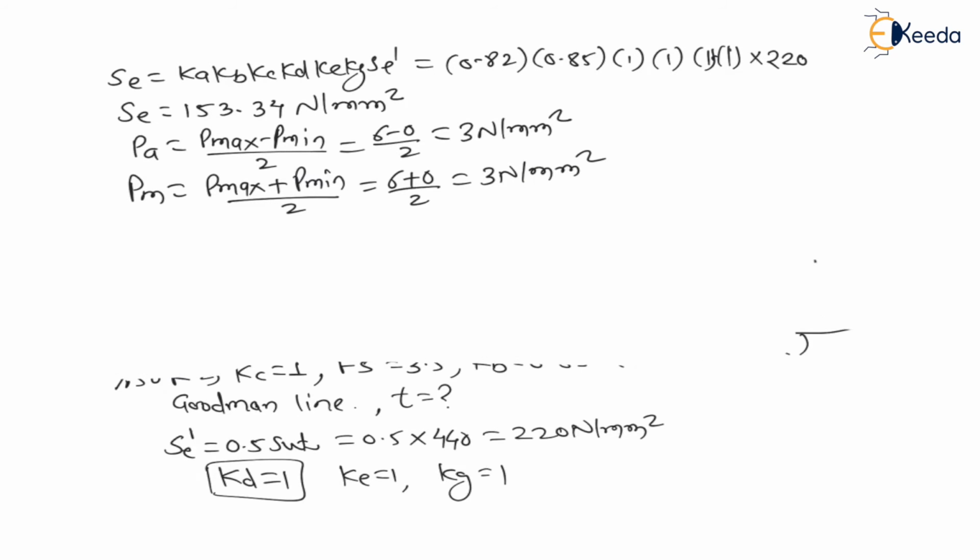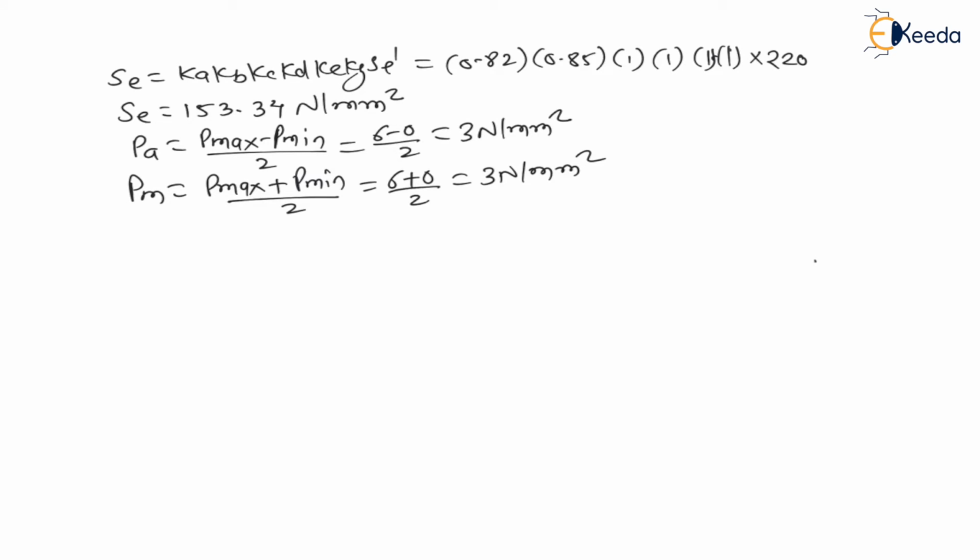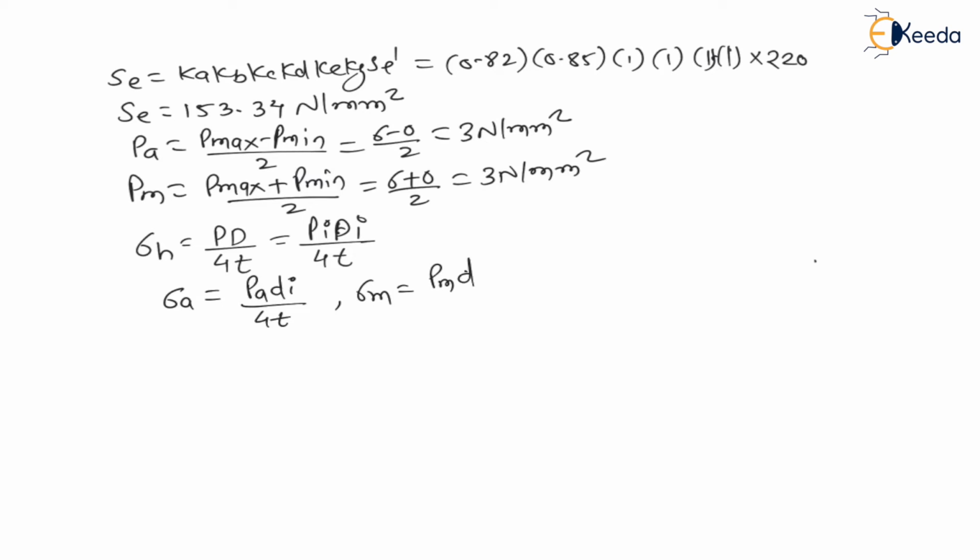As it is a spherical pressure vessel, there will be hoop stress only, which is equal to PD divided by 4t, where P is inside pressure and D is inside diameter. Now we have to find the mean stress and stress amplitude. The stress amplitude will be pressure amplitude times inside diameter divided by 4t, and the mean stress will be mean pressure times inside diameter divided by 4t. As mean pressure and pressure amplitude are the same, the stress amplitude and mean stress will be the same, equal to Pa di divided by 4t.